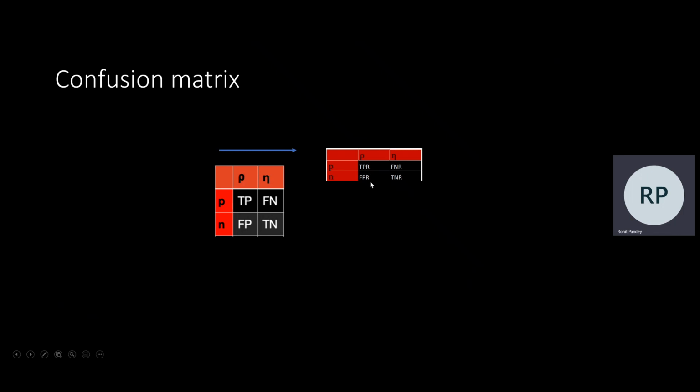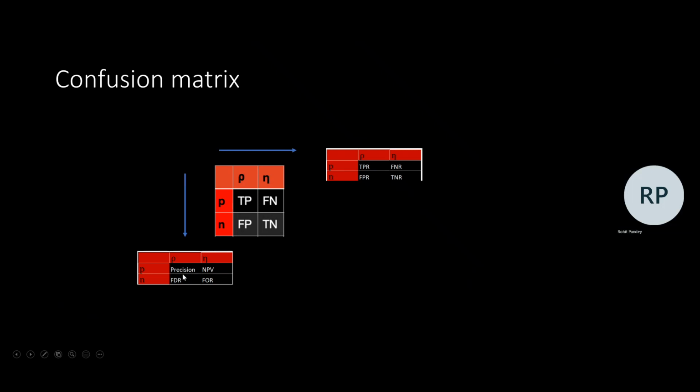The true positive rate and false positive rate don't sum to 1, which is what some people sometimes get confused about. You can also normalize across the columns. So true positive by true positive plus false positive, and this gives you these four other numbers, precision, etc. And also note that people are sometimes familiar with precision and recall. They sit in these two different ways of normalizing the matrix, right? The precision sits in this matrix when you normalize across the columns, and then the recall is actually the true positive rate.